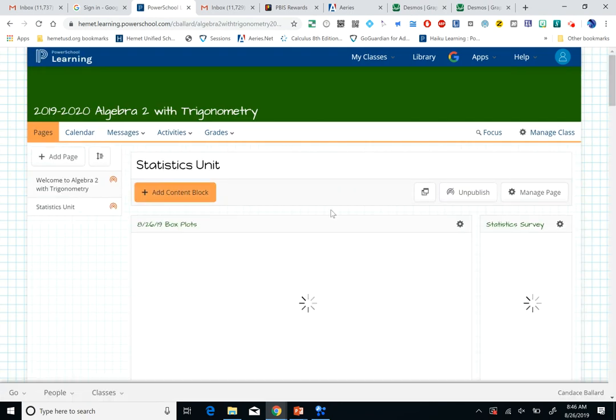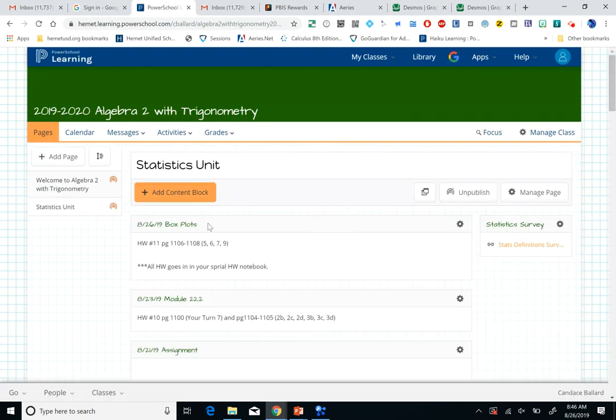All right, right here, the top of the statistics page, that's what's going to go in your spiral notebook tonight. Remember, we don't do them on the homework pages; we do them in the spiral notebook. I will make some time tomorrow to get all the homework stamped off. I'm also planning on getting your grades updated because I haven't started